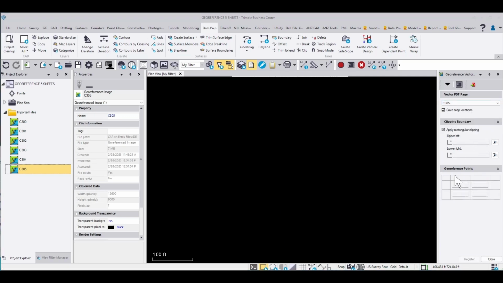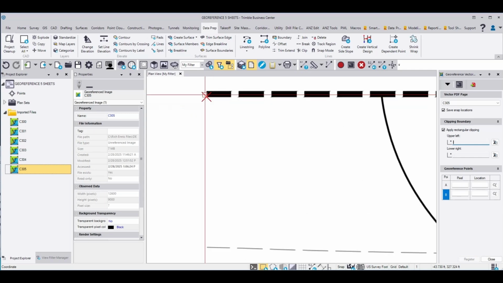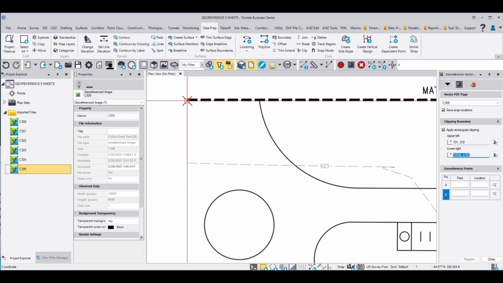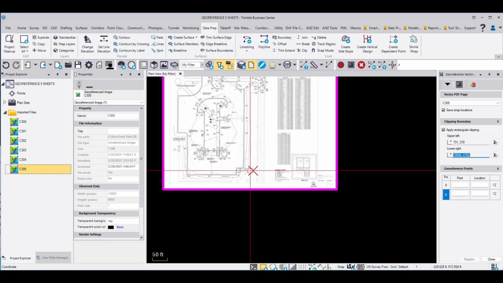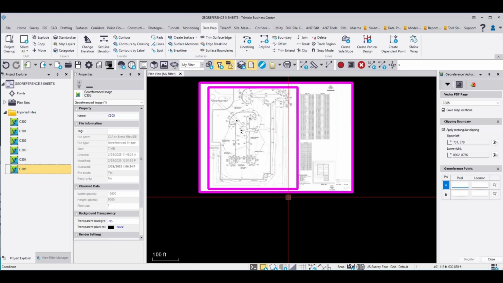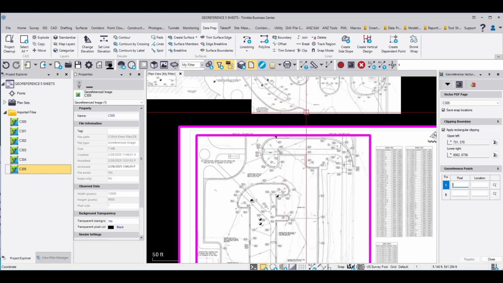And when it comes in, I'll put my rectangular clipping boundary around it. Now this one is pretty particular up here, but down here, it doesn't really matter. I don't have any other sheets. I just have to get outside my lines over here. Now the pixel on this one, let's see. So it does this curve,